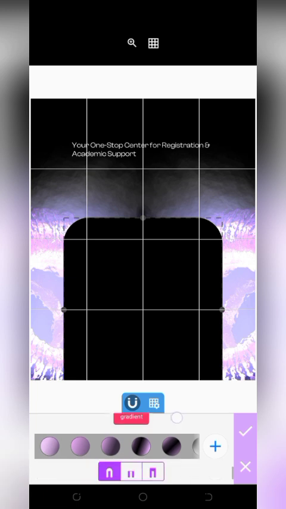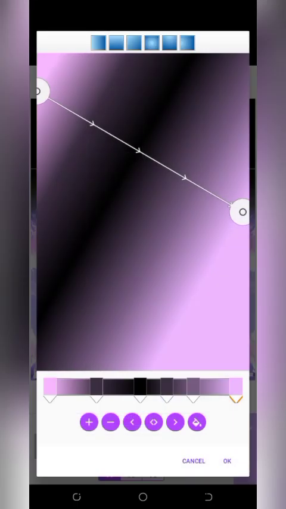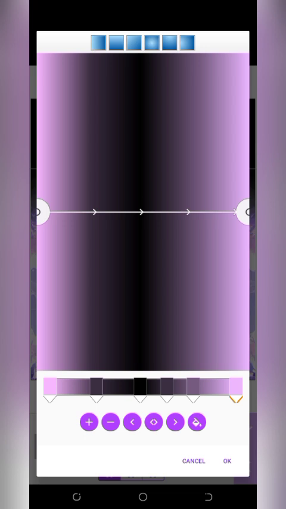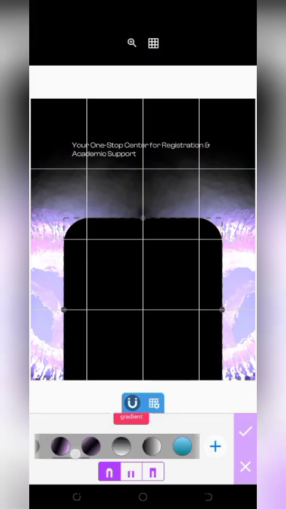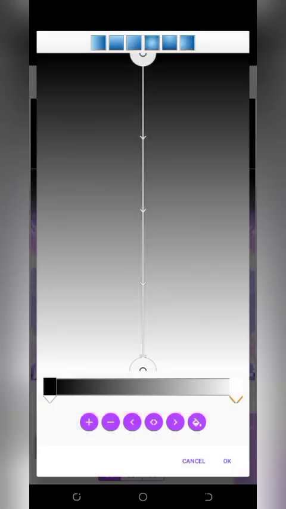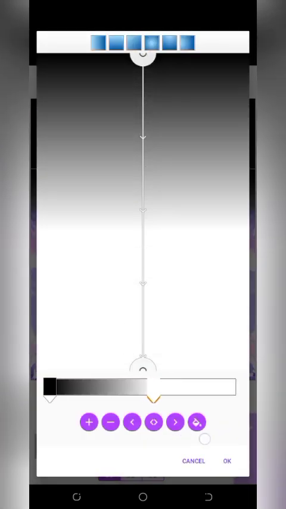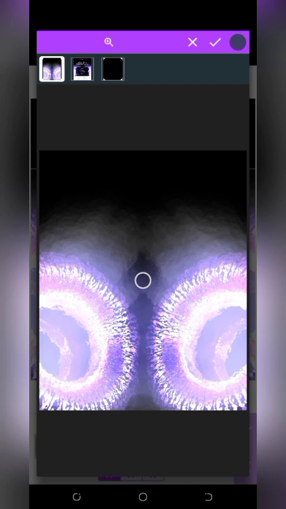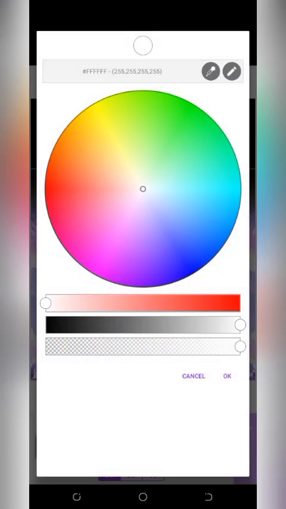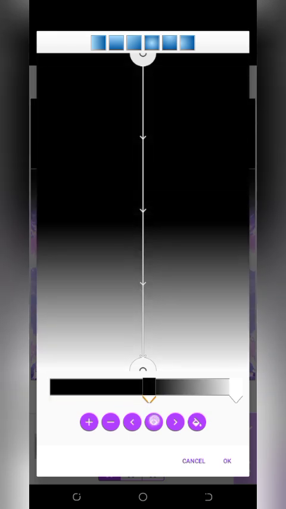So now I think I created a gradient using this color from the background, and I have something like this. But let me show you how I did it. So we have a plain shape like this. Sorry, let me make it of a plain color here. This, we will have something like this. So now let's pick, remember we have the white selected. So now pick a color from the background, pick the white color, fine. Then press OK. As for this dark one, we want one in the middle and one light on the end,